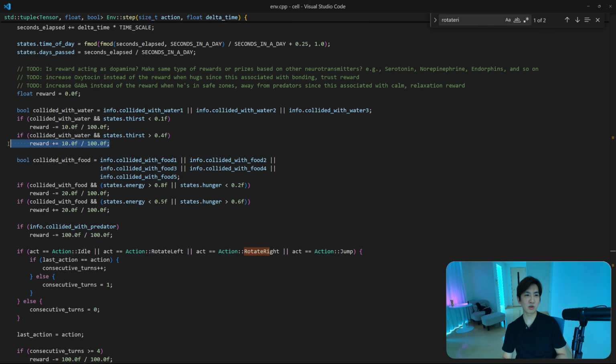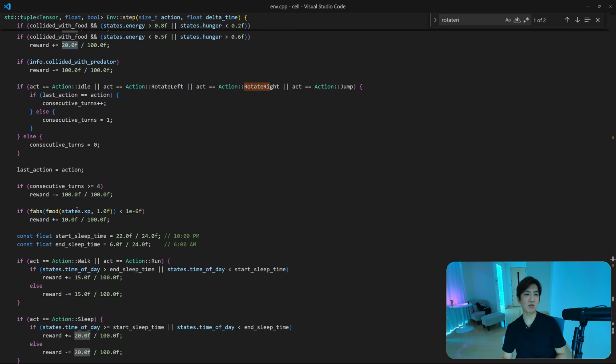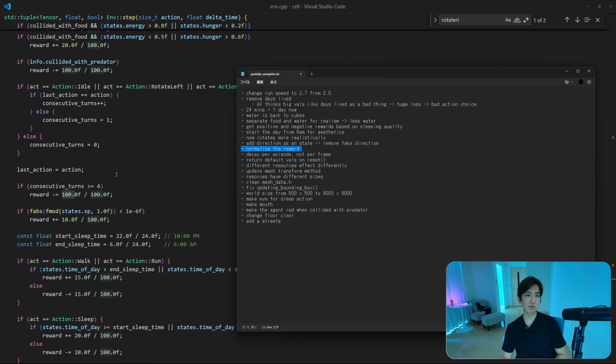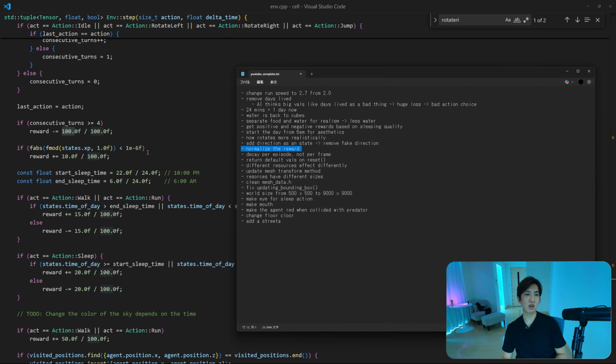I've started to normalize the reward by dividing by 100. I used to assign raw values like 2, 10, 20, 100. Before neural network training, it seems like you should normalize values for anything related to neural networks. I'm not really sure, but